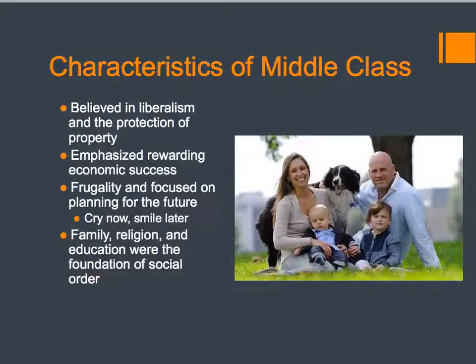So, the middle class, who are they? What kinds of roles do they have? What kinds of things are important to them? They are all about liberalism, the protection of property. John Locke: life, liberty, property, your natural rights. The middle class who earns money, they get what they earn. They're not given anything. These people work for the money that they have. They believe that a government should protect that and should not come in and try to take that from them.